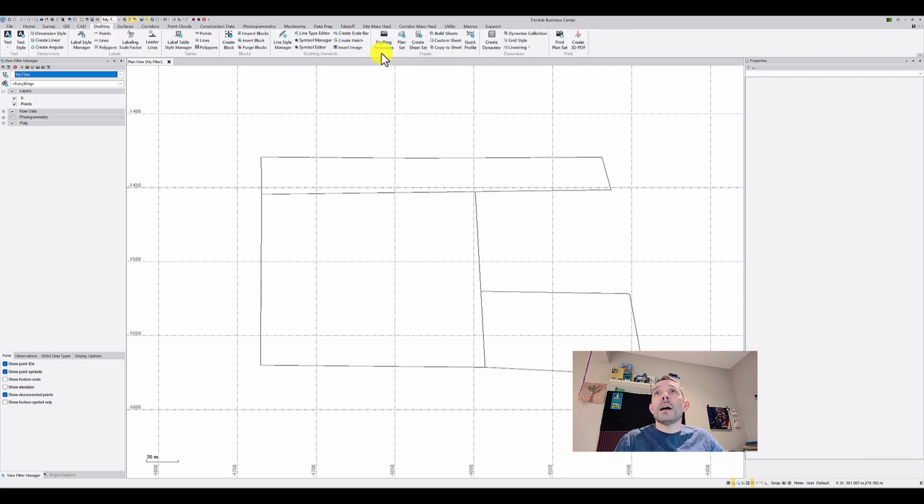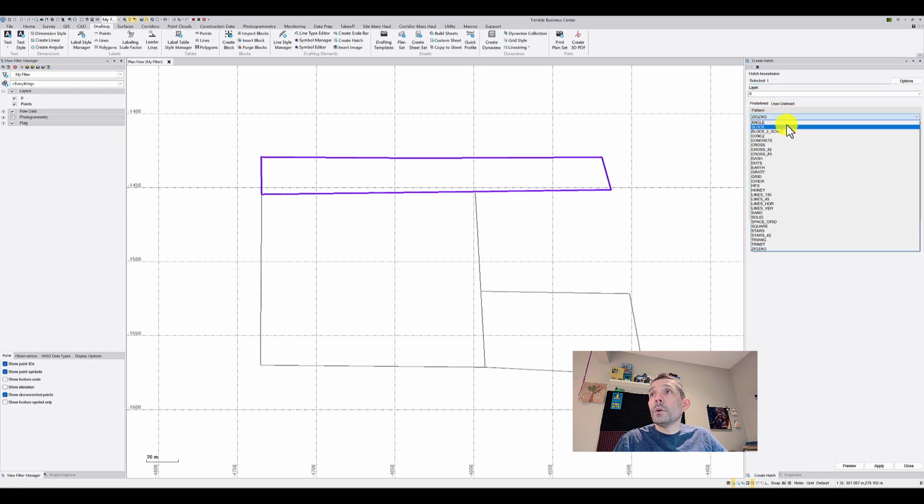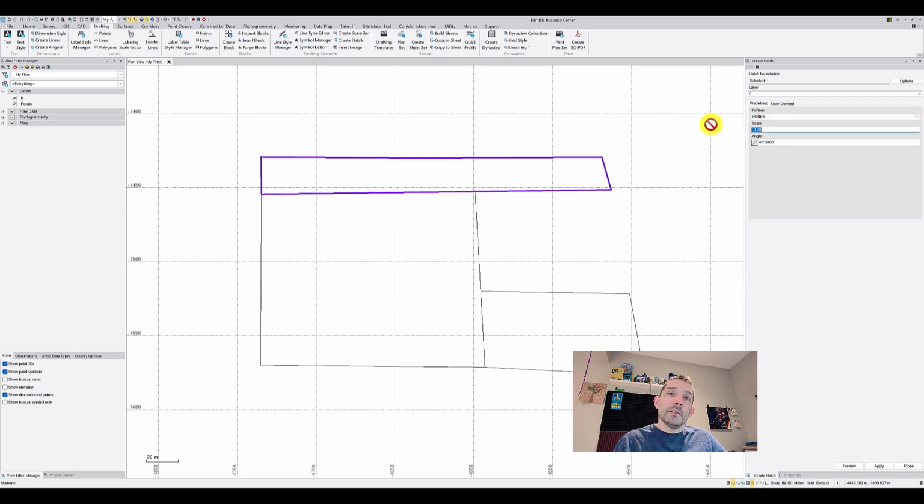Like I said, under Drafting, let's click Create Hatch. This will open the command pane, which is asking us to select the boundary, and which layer we want to put it on. So if we had different layers, let's put it on different ones, and we have a few predefined patterns, right? So let's go to honey. Scale depends on how big of an area. I'll just leave it at 10, and I'm just gonna put in 90-degree and hit preview,